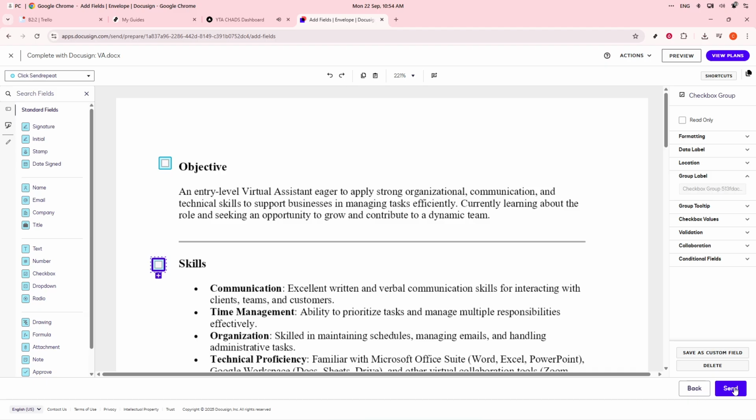Review your document thoroughly, ensuring all details are correct. With everything in order, click Send. Your document will head off to your signer, complete with the grouped checkboxes adhering to the parameters you've meticulously set. By following these steps, you are now equipped to effectively use grouped checkboxes in DocuSign for Keller Williams, making your real estate documentation process smoother and